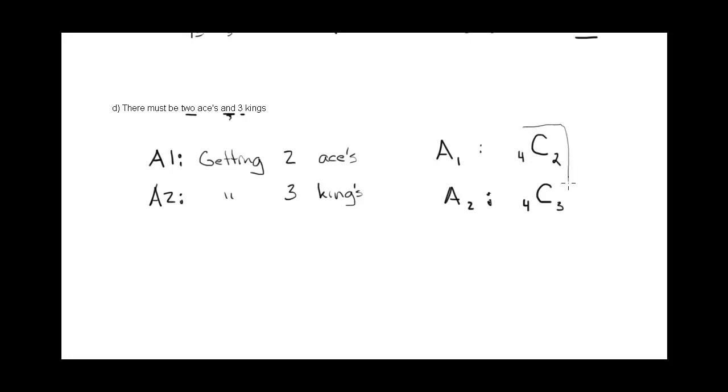Now what are you going to do with these 2 numbers? Well, since both actions are happening, and, you will use the fundamental counting principle and multiply. So a common mistake is people think you add these cases, but when both things are happening, you're getting the aces and the kings, then you